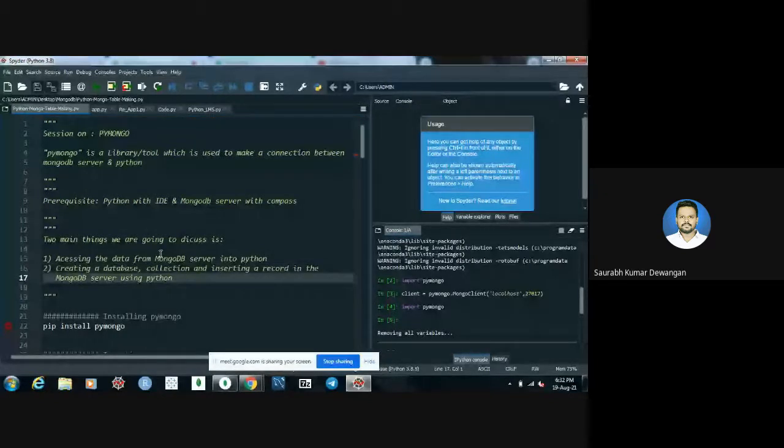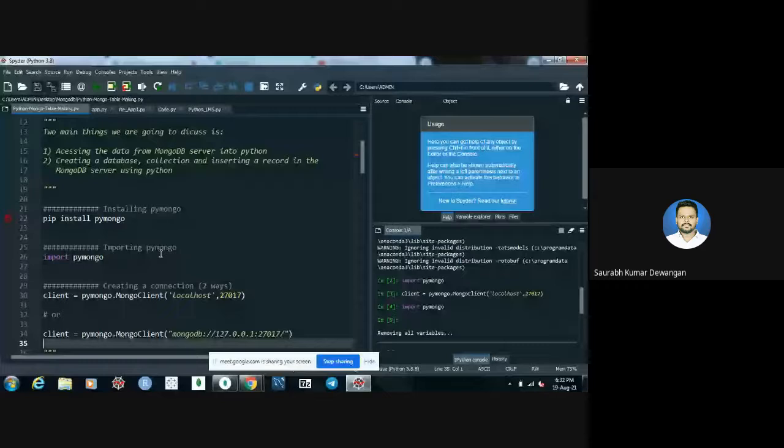For both of these, we first need to install the PyMongo library. As I've already installed it, what we need to do is run pip install pymongo, the command for installing the PyMongo library in Spyder.